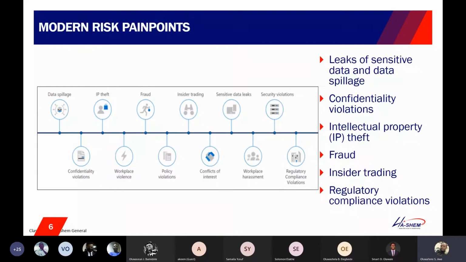This risk management spans through different kinds of vulnerable areas in the organization, which include data spillage, intellectual property theft, fraud, or insider trading. Some users may want to take opportunity of the environment they have to do some other side trading, and this may cause a kind of distraction, and sometimes it may lead to different conflicts. And if your employees are not in their right mind or they are not in synergy, it will affect the